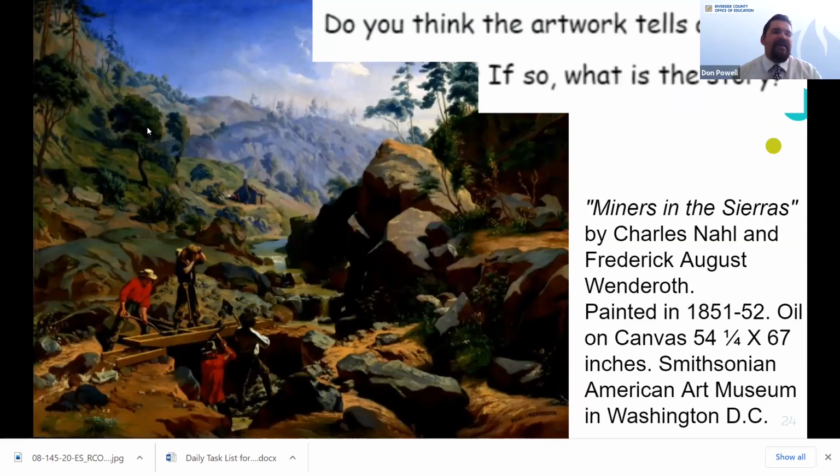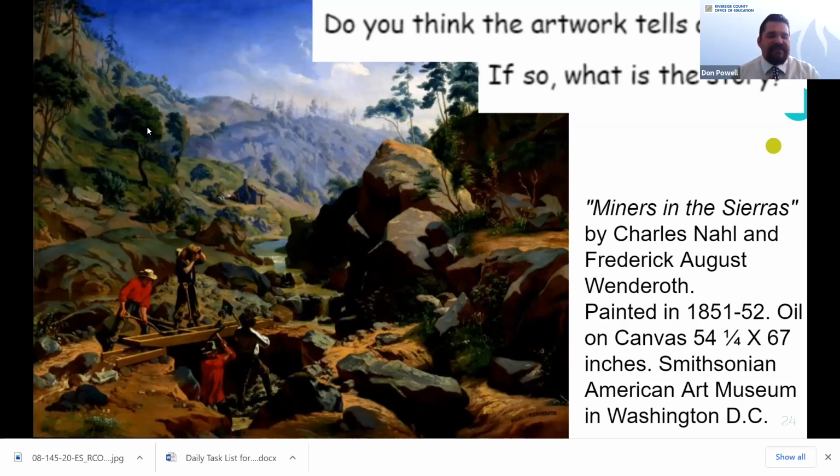And recognizing those biases helps us as historians to become better equipped and better understanding as to what it is that we're looking at, whose perspective we're getting, and whose perspective we're not getting. And so we're hoping that our students will pull out some of the story from this. Hopefully they'll know that this is a story celebrating the hard work and the labor of the miners as they work to pan for gold, or celebrating the California gold rush, or bringing a renewal to that desire and that